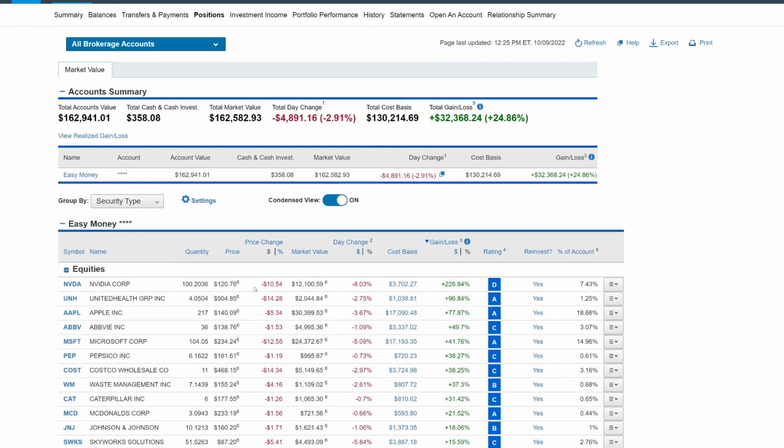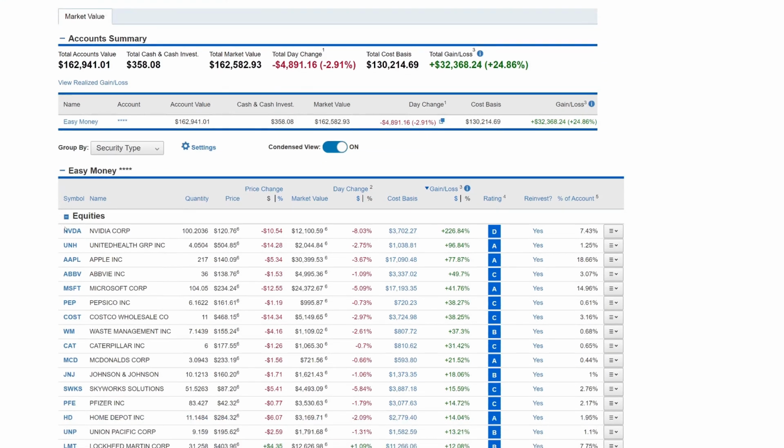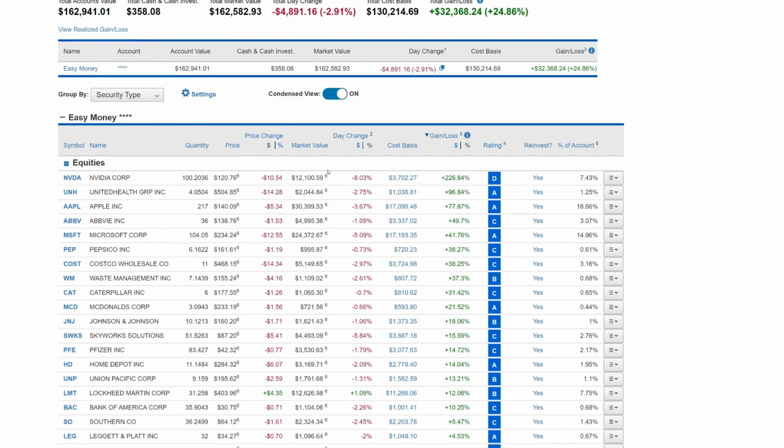But anyways, if we look at the positions, you'll see we're actually still up about 24.86% in the total value of everything. I'll show you the positions here. I guess if we can organize this by percentage, maybe. We'll look at this one here. We got Nvidia still at our highest gains, and we've actually taken out most of our profits there. We just have 100 shares. We've been selling covered calls on this, been generating some great income from these,